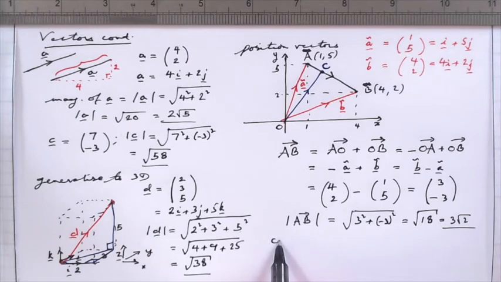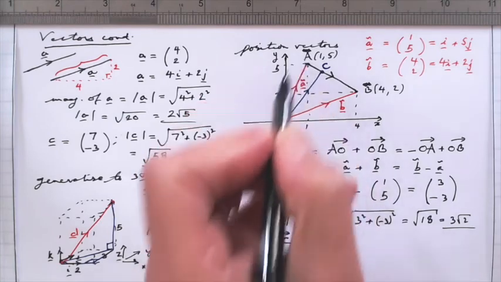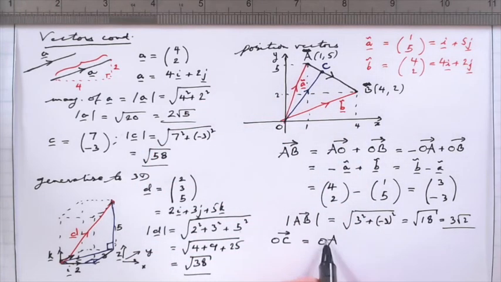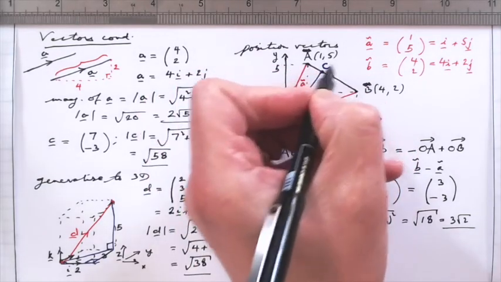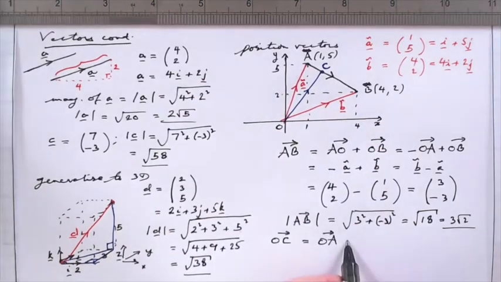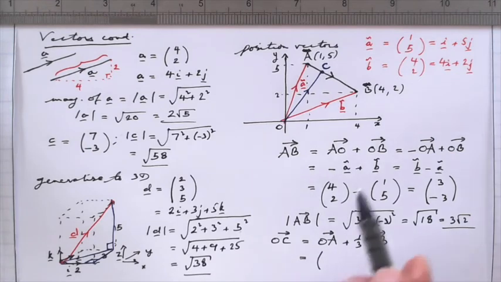So we can write that the vector OC is, first of all, go to A. I could go to B, but let me just go to A. And then I'm told that it's 1/3 of the way along. And so it would be 1/3 of the vector that we've calculated, AB. So we then have the vector OA, which is our vector A, which is 1, 5, plus 1/3 of the vector AB, which we've calculated here, 3, negative 3,